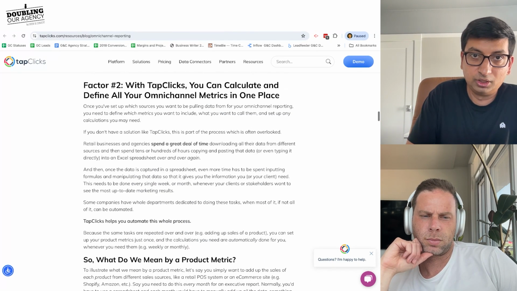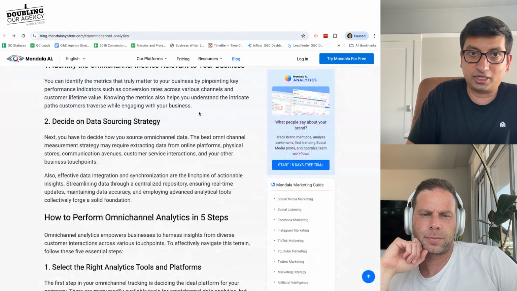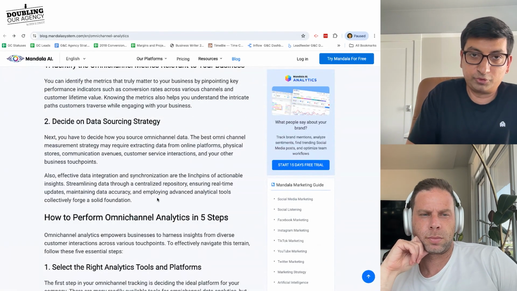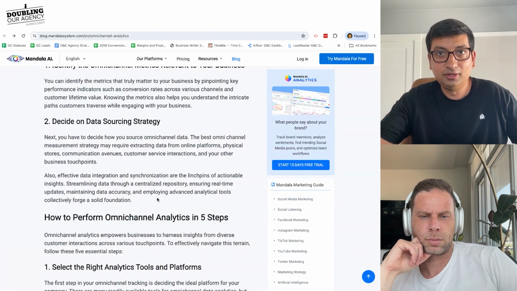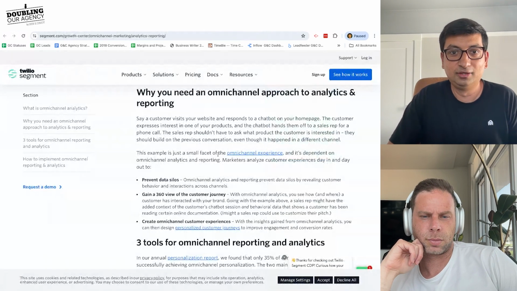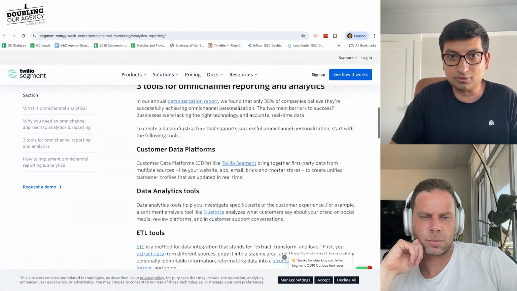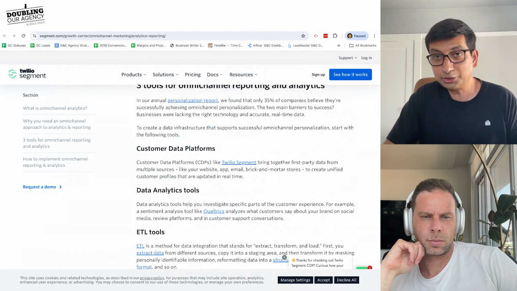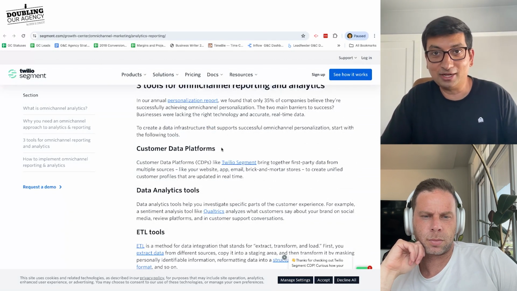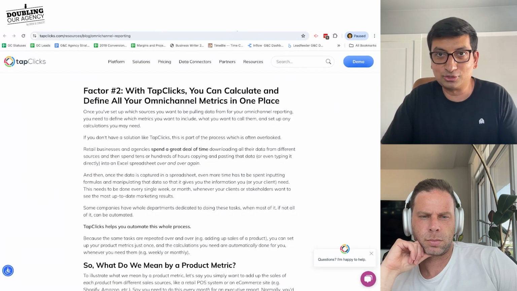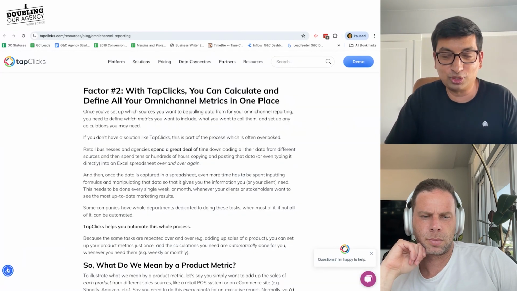Then number two, all these other posts just assume that if you've grabbed and sourced the data from all of your places, you're done. If you notice that, they just kind of assume that. Like, omnichannel means grabbing data from multiple channels and then you're done. Actually, you're not done. You grab the data and the data is formatted in different ways. The denominators are different. The metrics they use are different. What are you going to do?